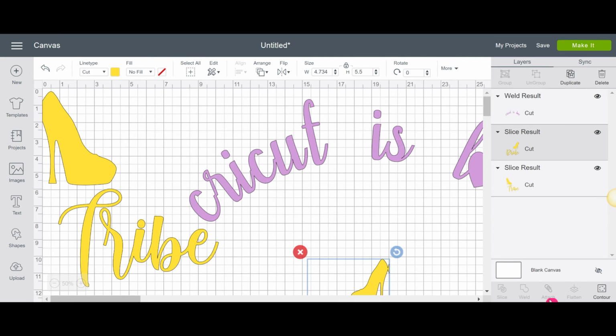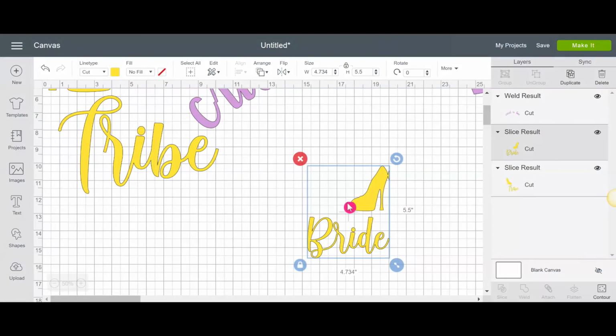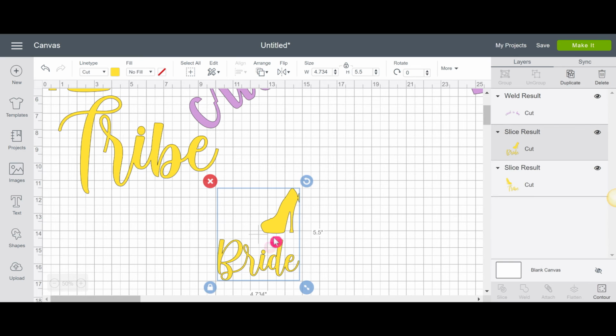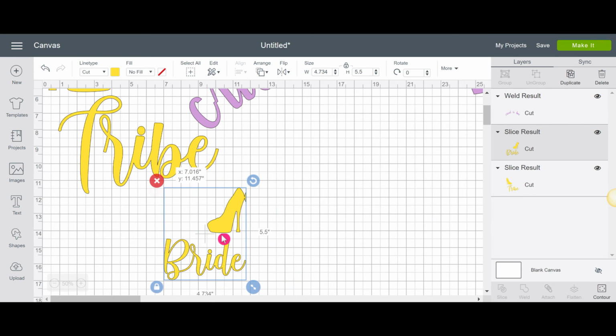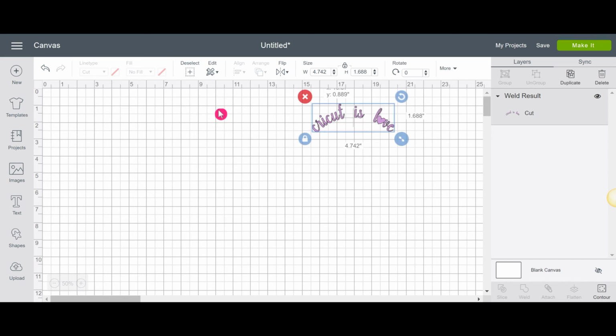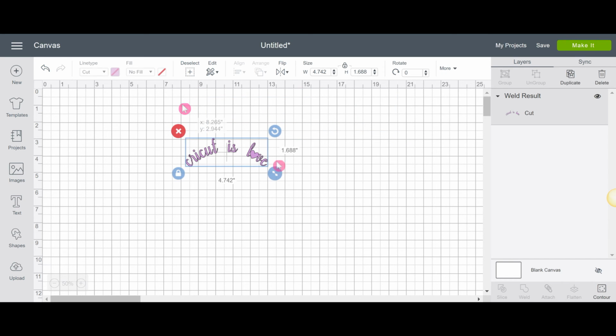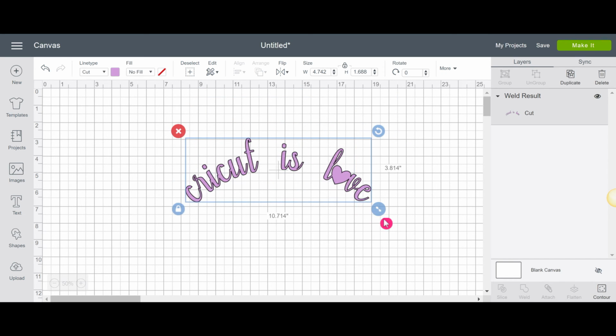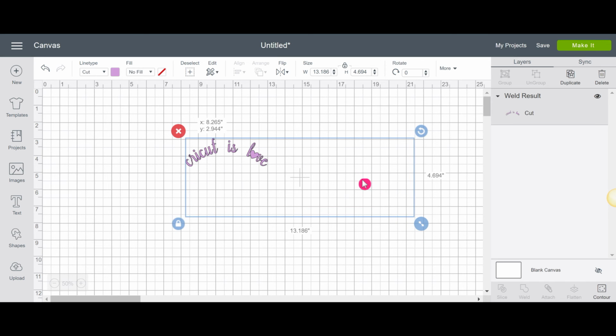Now let's have a look at attach. We have already talked a bit about attach. What it does is keep everything in place when it goes to the mat instead of having everything scattered around. So let me show you once more how attach works. So we have this text over here. Cricut is love, and